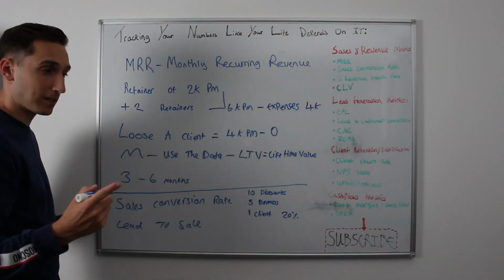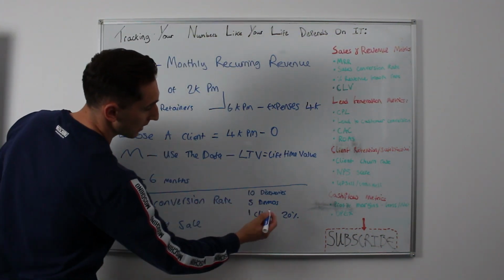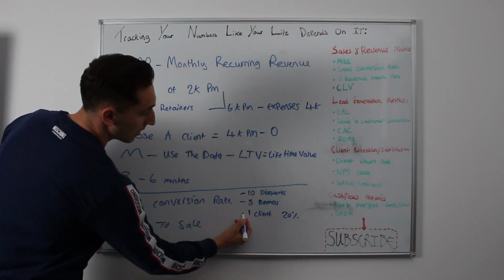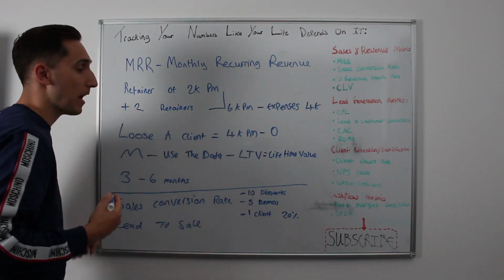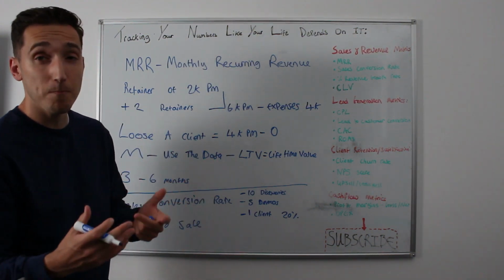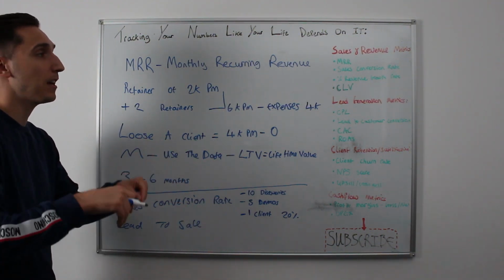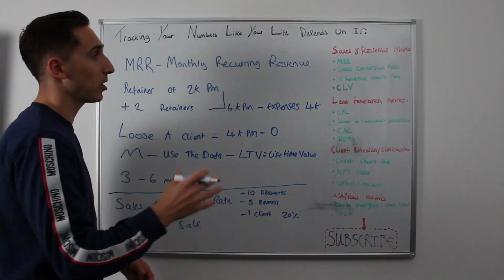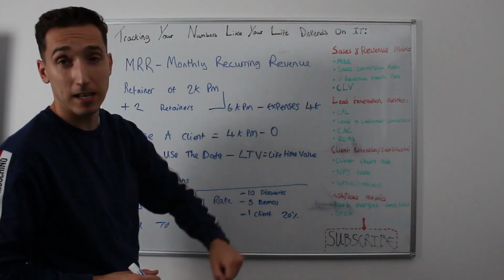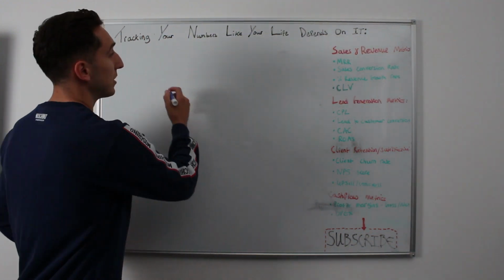We really need to understand how many leads it took us to get to these 10 discoveries, to get to these 5 demos, to get to this 1 client, and then that's going to give us an indication of how much work on the front end and the back end is needed to get more business into our business. So I'm going to rub the whiteboard clean, and then we're going to look at percentage revenue growth rate and then CLV. Now, when we look at percentage